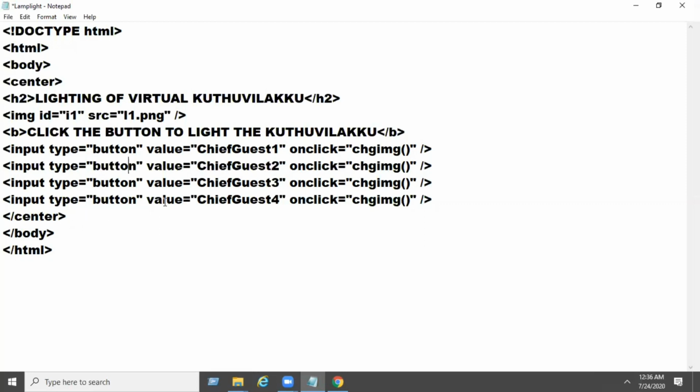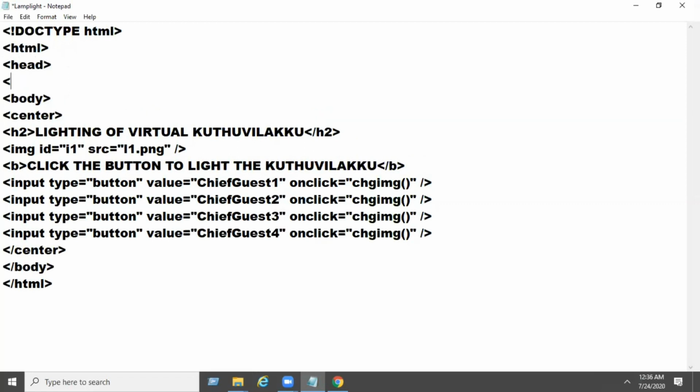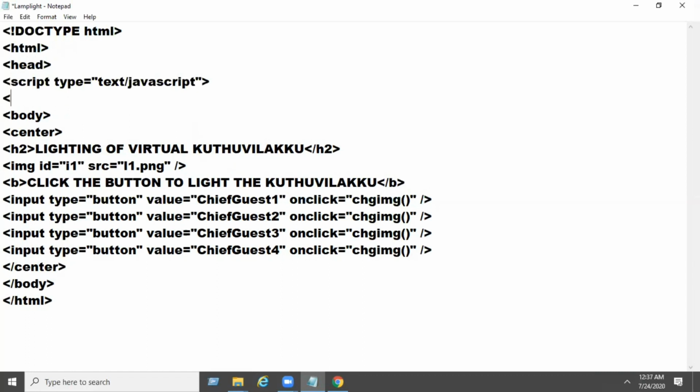Next, create a head tag followed by a script. So script tag type equal to text/javascript, end tag, followed by the end script tag.